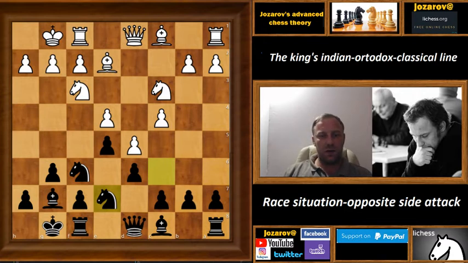Part 3 of the King's Indian defense. Today we'll show you again the orthodox line, or the classical line, but with a little difference from White's perspective. He will not try to get a fast advance on the queen side, he will try a blocking system on the king side. So I'll show you two common blocking systems that White can approach, and how he should handle these types of